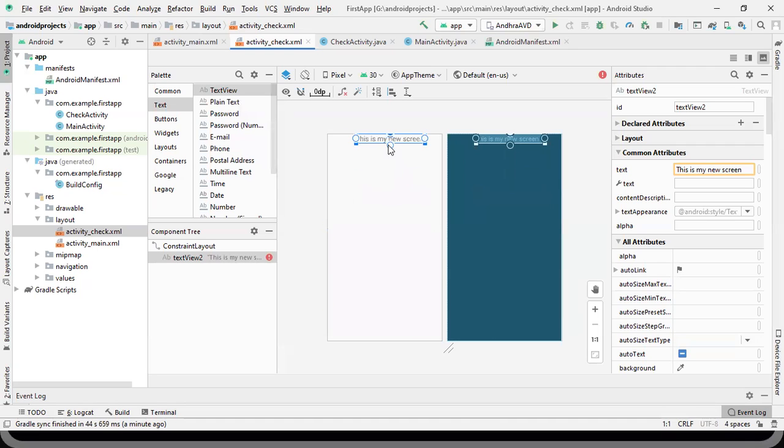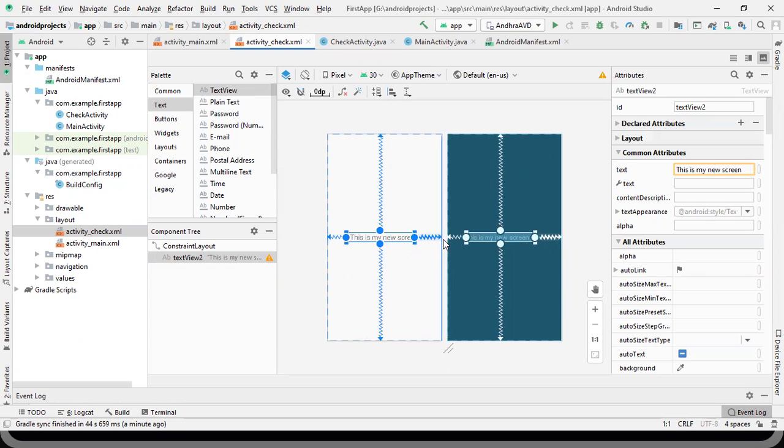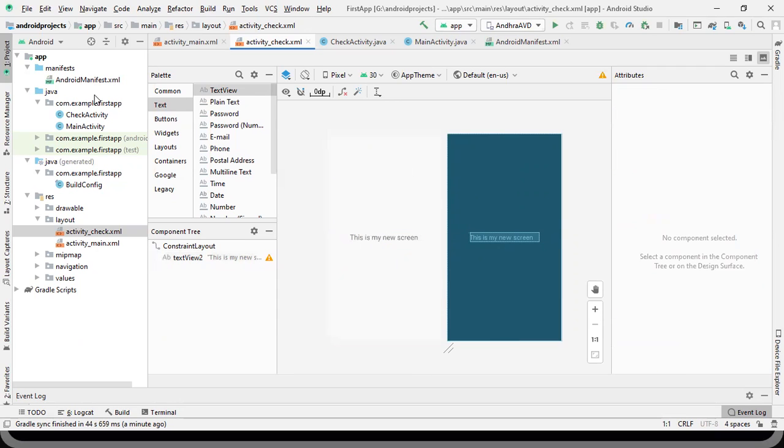As the layout is a constraint layout, we need to define the constraints. When we run this application, first ensure that the app has been selected here. If you want to execute any activity, select it here; otherwise, app is completely fine.